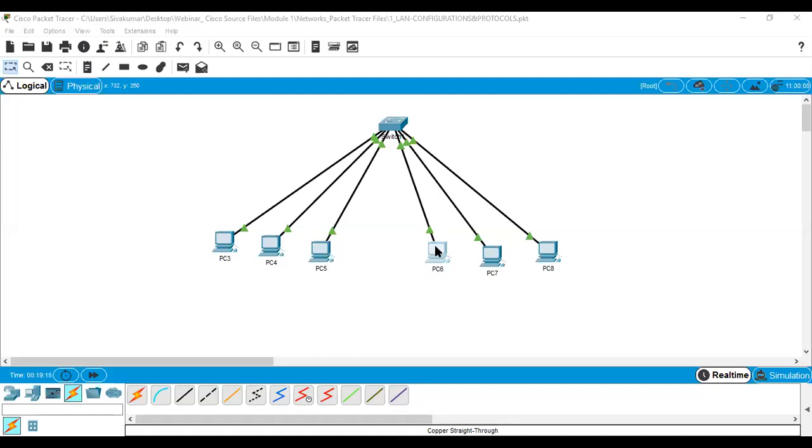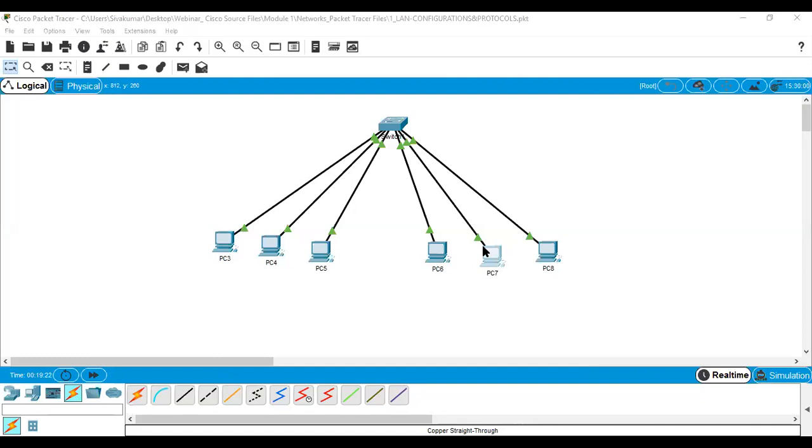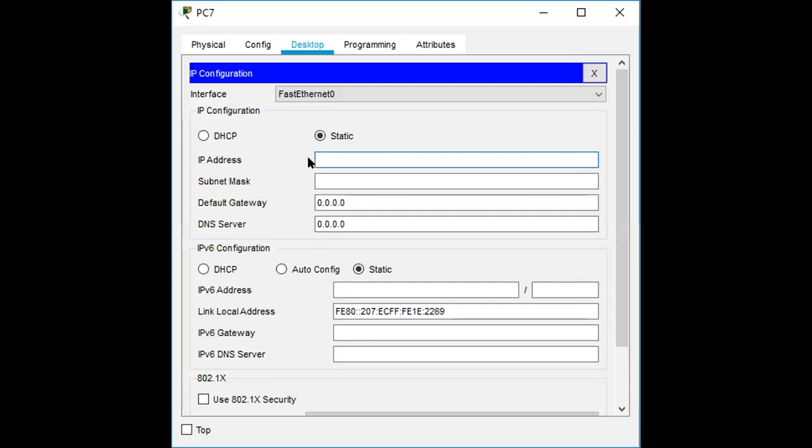Here you have to give IP addresses starting with 20.0.0.1, and the second one 20.0.0.2.